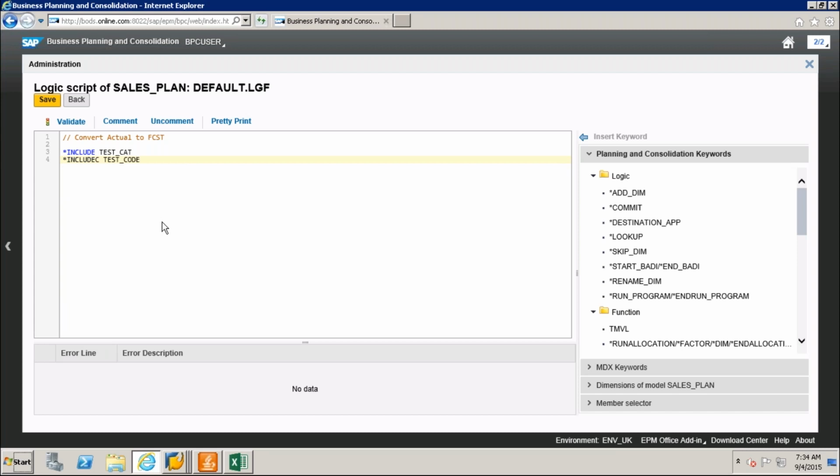Yes, only one default logic will be for each model. Validate. Save.